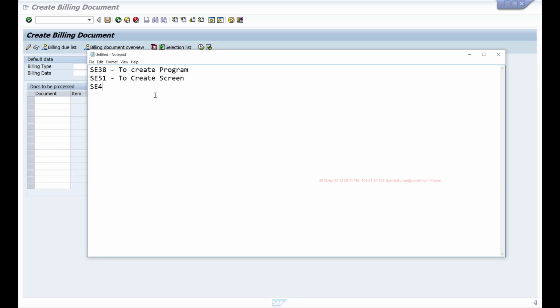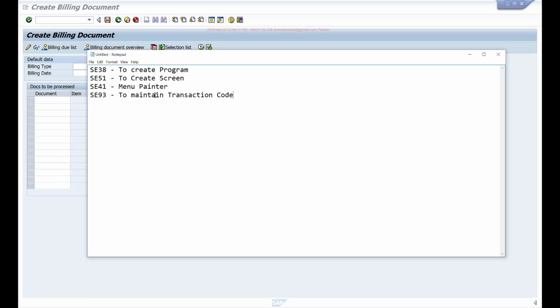So we do that using menu painter, SC41. And you should also define a transaction for your programs without which you cannot execute these programs. So once you create a program and define a screen, then you should link this program and screen via a transaction code. So we use this SC93 transaction to maintain the transaction code. So like this, we'll be using different transactions to do different activities for this development.